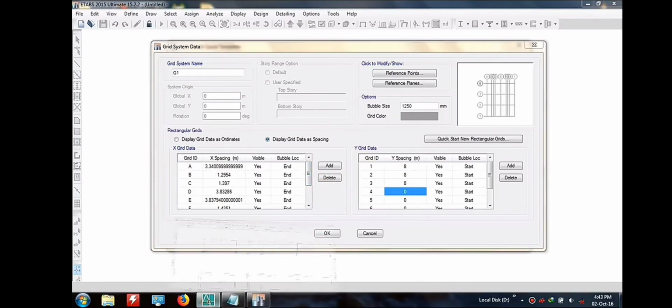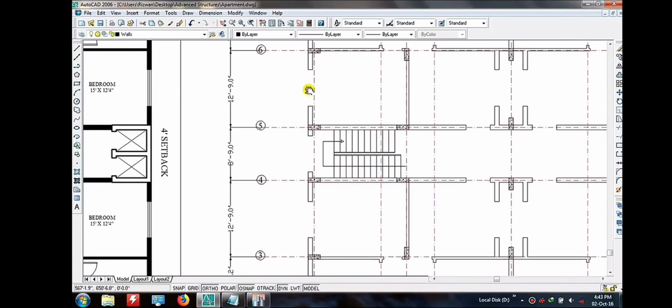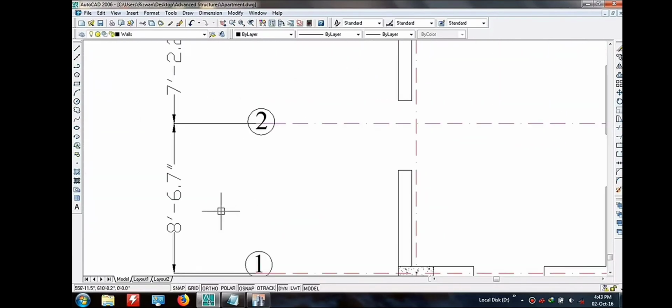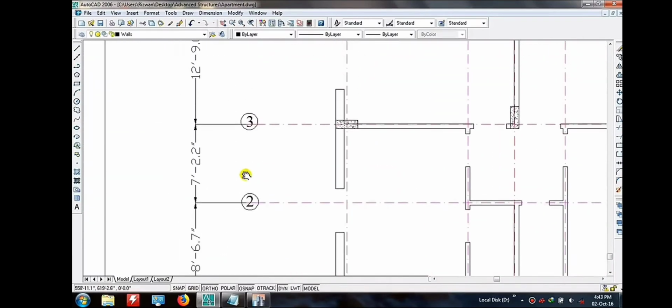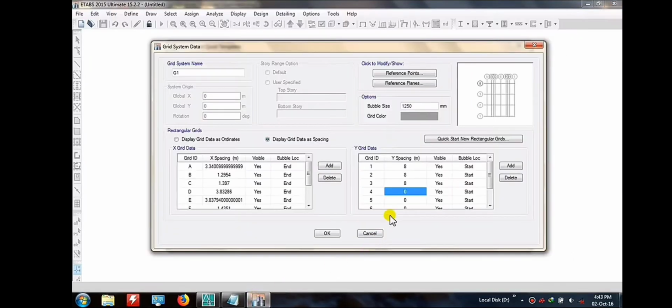Now we go for the Y axis direction. This is our Y axis, and this data we are going to feed in the Y axis column. So here we begin with 8 feet 6.7 inches. As I am increasing my grid system, you are able to see the small dialog box changing, the distance changing with respect to my feeding.